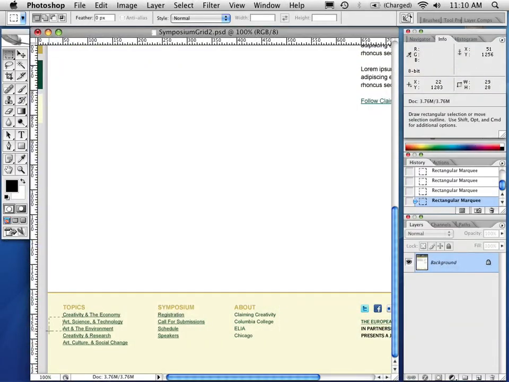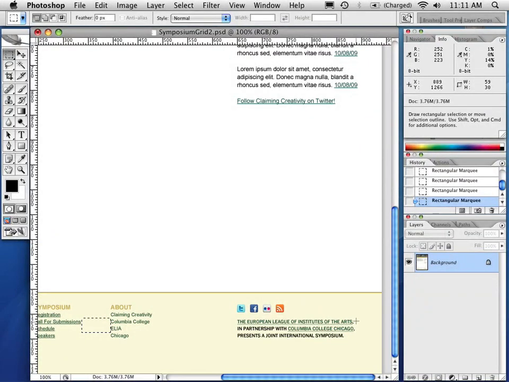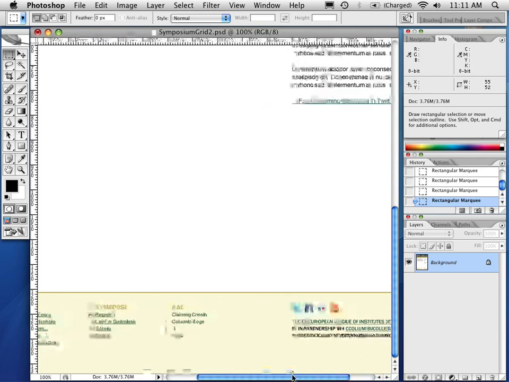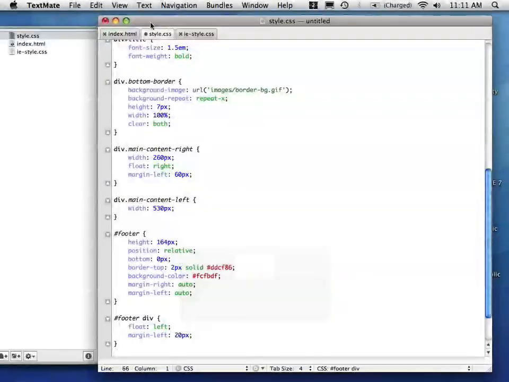So from the left, that's 30 pixels. That's 60 pixels. So it could be 30 left and right. Yeah, so this footer needs padding about 30 left and right, and then we'll set the margins for the divs. So the footer padding,